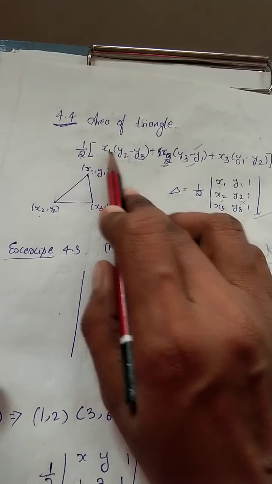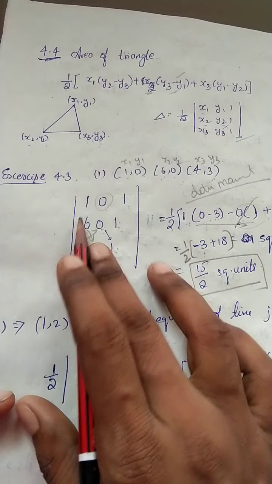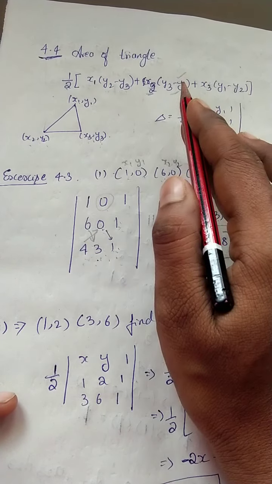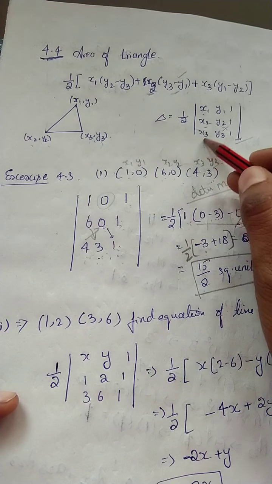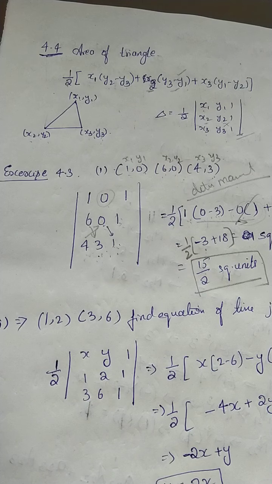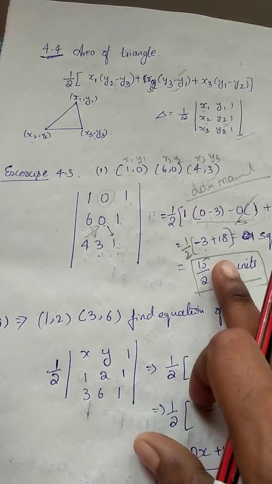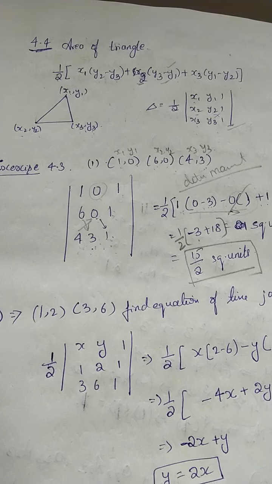If you apply the same formula also, you will get the same answer. Here they have taken the determinant formula column wise, on the first column, but we can take however we want. Any row or any column you can consider and apply the same logic, you will get the same answer. Now we are going to find out another problem.